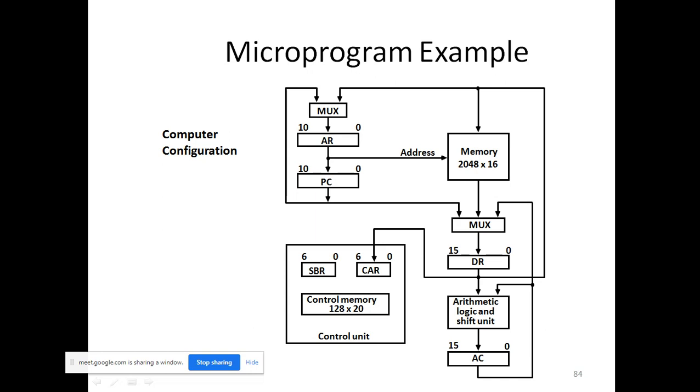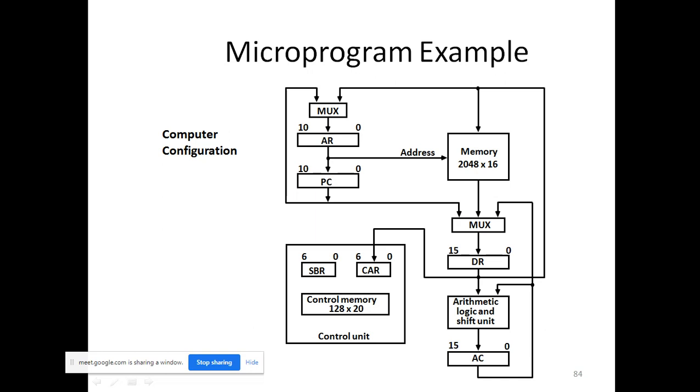Once again, coming to the data register, it receives data from memory, that is one path, and it receives data from the accumulator, and also from the program counter. Whereas the program counter sends its data only to the address register. Coming to the address register, it receives data from the program counter and also from the data register.